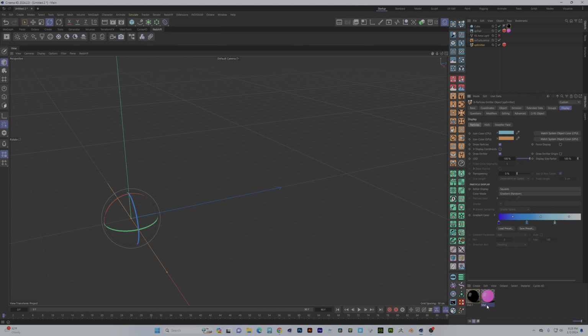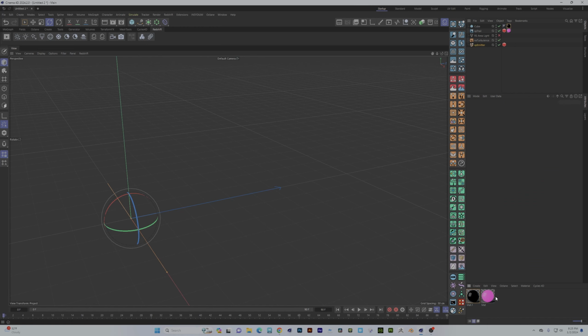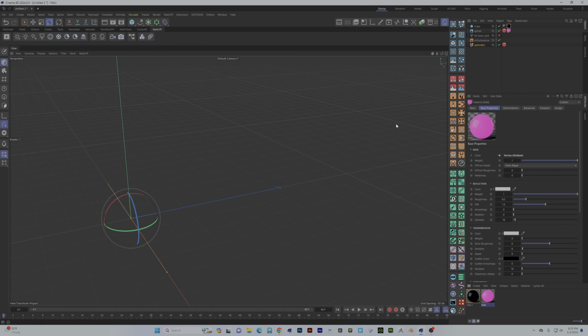Like I said, I don't know as much about Redshift as I do about Octane. But you can still do it in Redshift. It's just not nearly as straightforward, at least in the way that I figured out how to do it. So let's jump into that. And basically, the way to do that